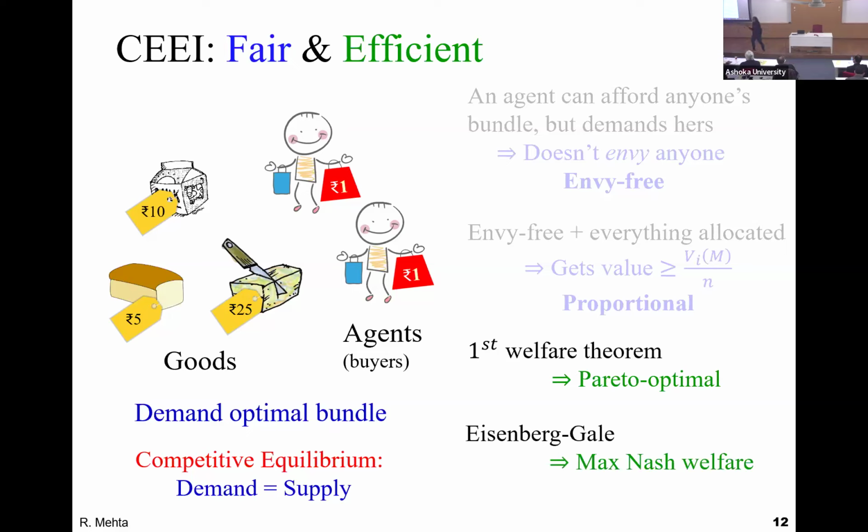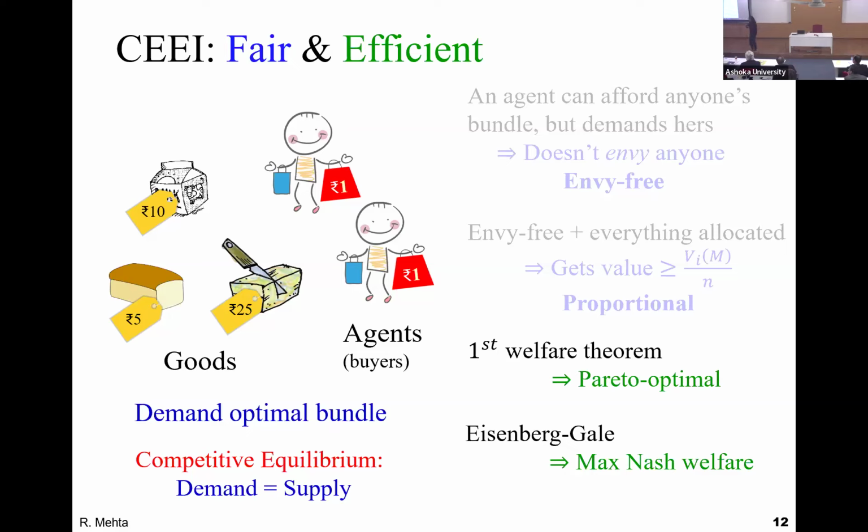Now, why would you care about maximizing the product and not the sum? Suppose you maximize the sum. And I am a really boastful person who will always report my values in millions, while you are a modest person and you will report all your values in hundreds. Who will get all the items if we maximize the sum? I will get all the items, because I am always reporting very, very high values.